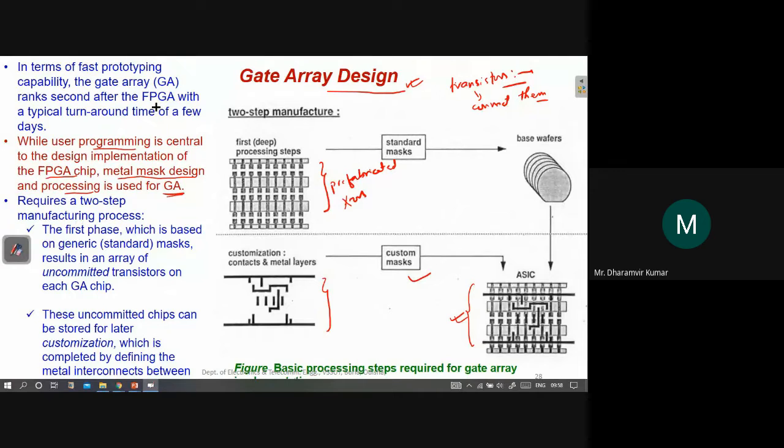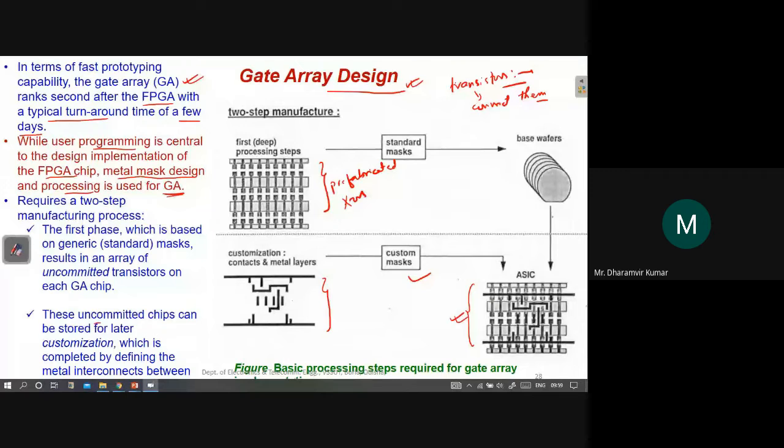If you want to develop a working prototype in a very short turnaround time, then FPGA is best because it takes far less time. But if you have some days in your hand, you can go with the gate array design approach. A few days of typical turnaround time.